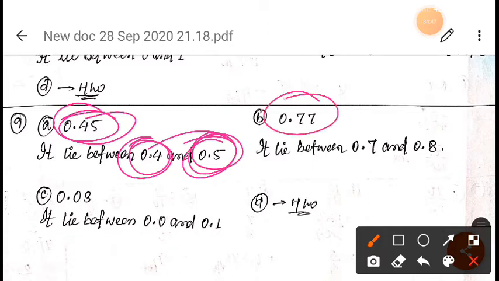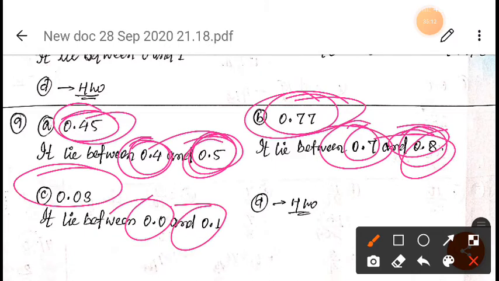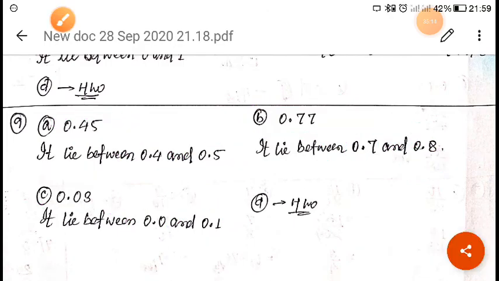After that 0.77, so it will lie between 0.7 and 0.8, because 0.7, after that 0.71, 0.72, 0.73, 0.74, 0.75, 0.76, 0.77, 0.78, and after that 0.8 will come, right? So this 0.77 will lie between 0.7 and 0.8. In the same way 0.03 will lie between 0.0 and 0.1, right? So in this way